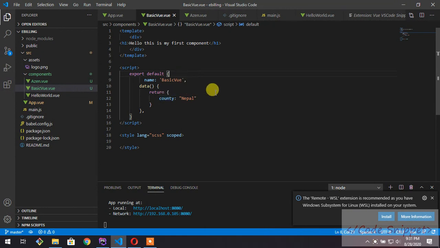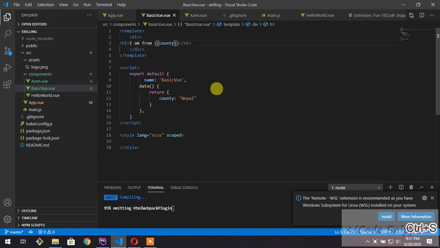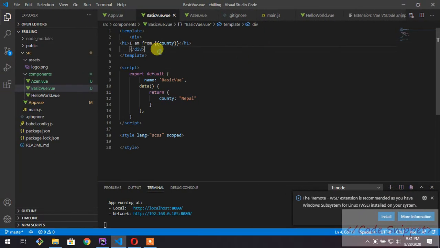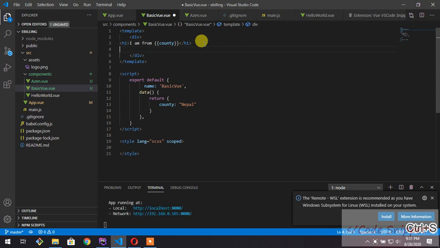Another thing I'm going to teach you: I just created a variable here. You can use this variable like, I'm from, two curly braces, and you write your variable, country. Now go to your browser. As you can see, it's showing the country. And another thing to remember is